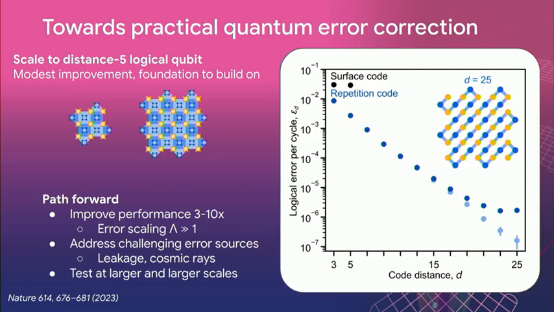Now, there are some challenging error sources we have in our device that we've talked about a little bit, like leakage and cosmic rays. But I think we're actually feeling pretty good about all of the ideas that are coming from our group and in the community for handling these things, and so we don't think these are going to be showstoppers. However, as we saw in the repetition code from 2021, it is super important that we